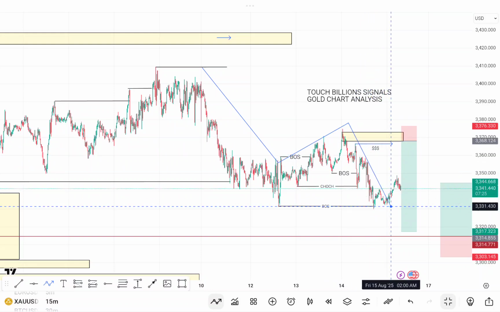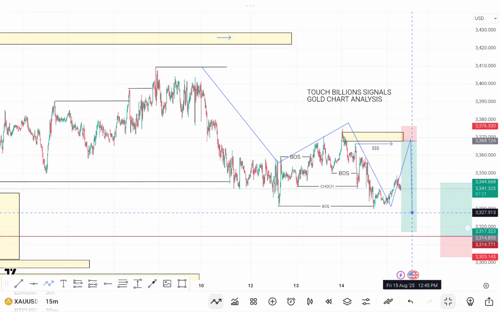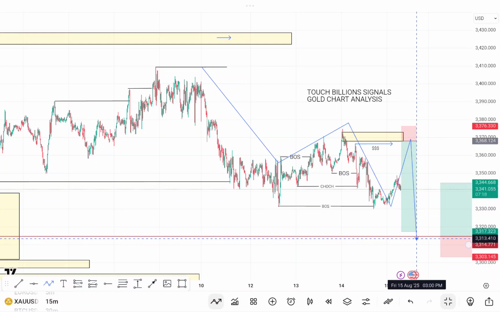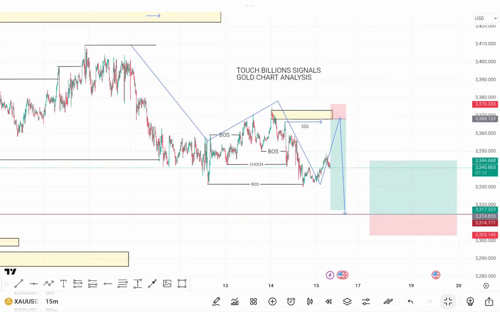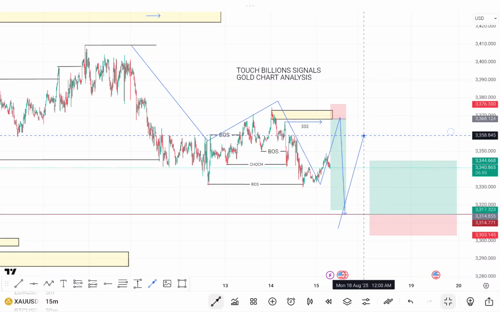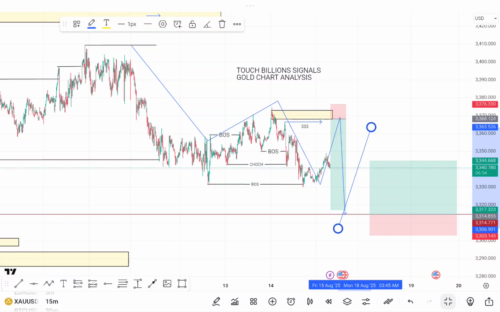So what we're expecting here is that the market will come to this point here, and if it does, it takes us all the way down. This has to be with some level of patience. We all know that if the market comes to this zone here, we're going to see some level of reaction to the upside, but then ultimately the market will come down.